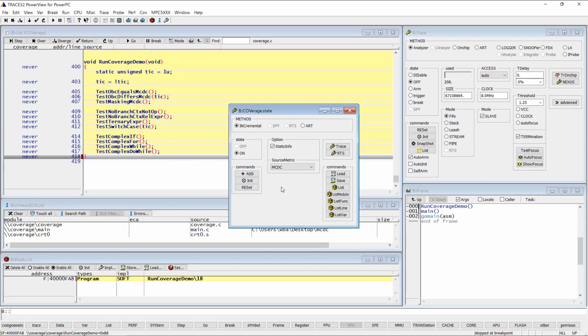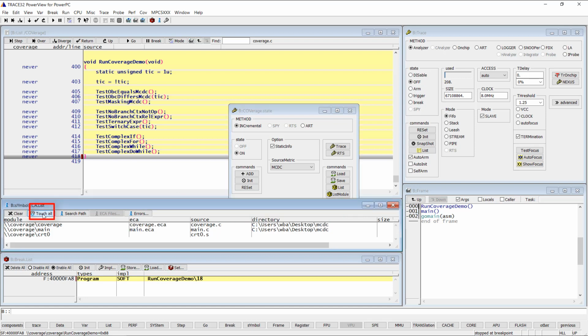By default, the ECA files needed for the MCDC coverage analysis are automatically loaded when needed, but they can also be loaded in advance. This can easily be done by pushing the Touch All button from the sample ECA list window. As you can see, the ECA files previously generated for the coverage.c and main.c source files using the T32 cast tool have been loaded.